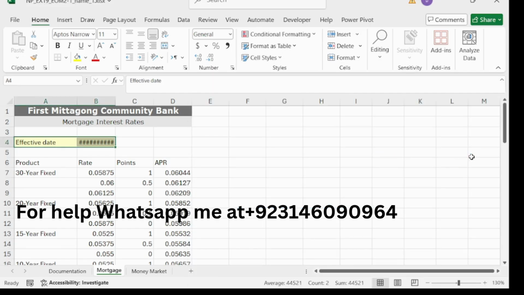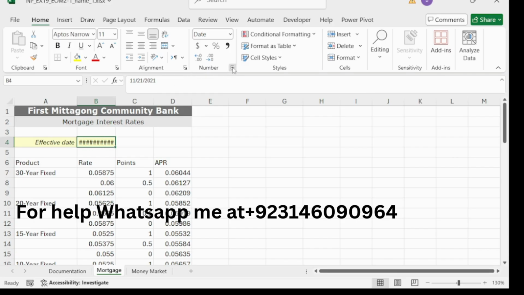For cell A4 apply italic. Select A4 and apply italic and align right. Choose this one. Right align. And for cell B4 change the date format to day, month, year.